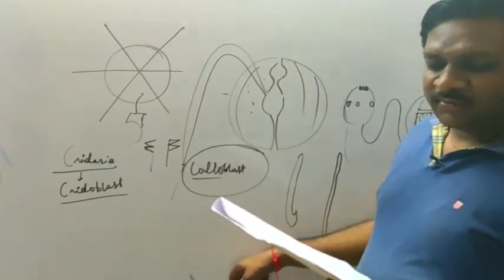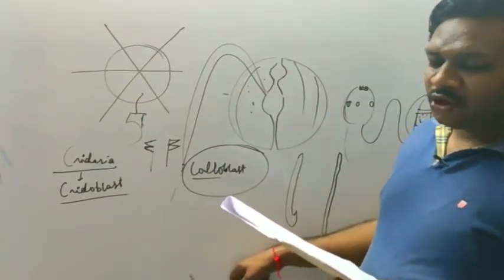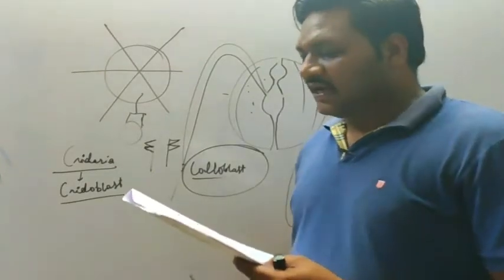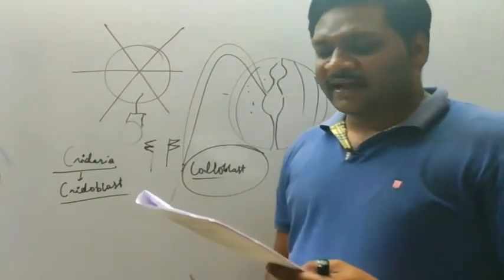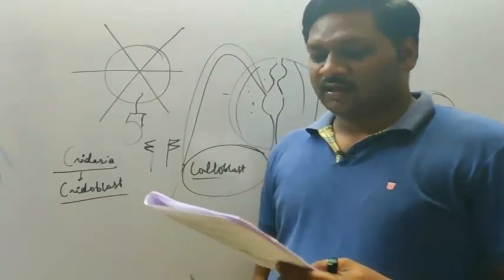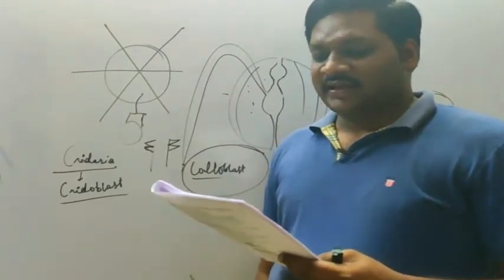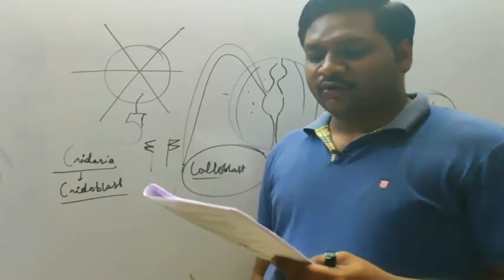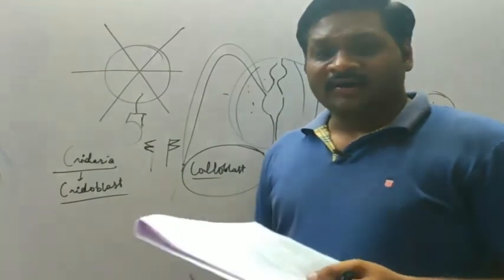Then question number 162: in which of the following phyla are all animals exclusively marine with organ system level of organization? See here, it is again echinoderms, because coelenterates don't have organ system level of organization.